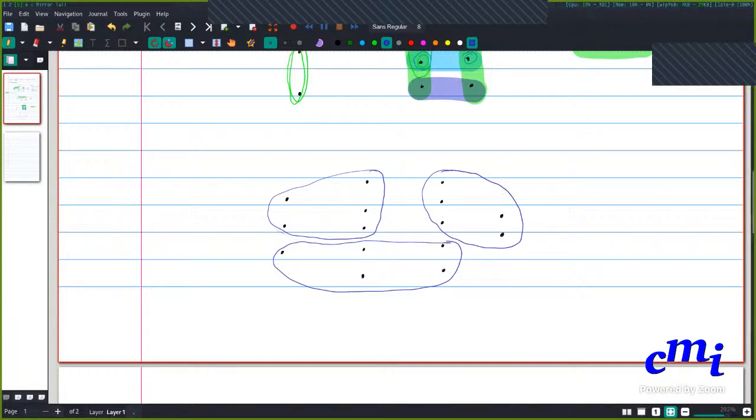Now for each one of these groups, what we essentially have is some function from, in general, Rn to Rm. So for example, over here, this is going to look like a function from R2 to R3.